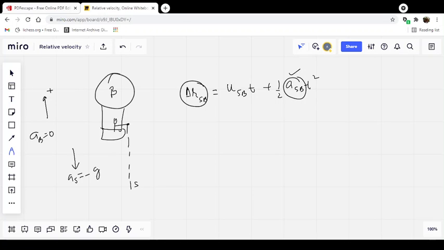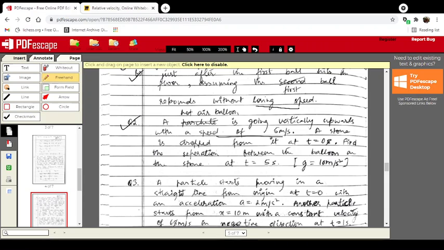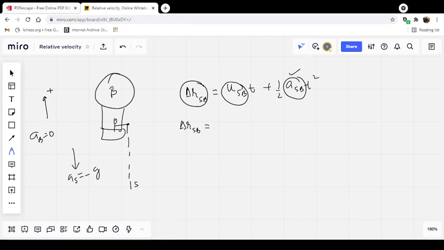Now the displacement of stone with respect to balloon. The initial velocity of stone with respect to balloon: how does the balloon see the stone initially? This is clear from the language of the question. The stone is being dropped from it. Dropped means that with respect to the balloon, the stone is not traveling at any velocity whatsoever. It has no velocity, we are simply dropping it. And this comes from the simplification that arises from the idea of relative velocity.